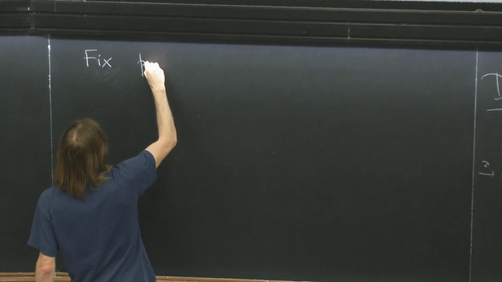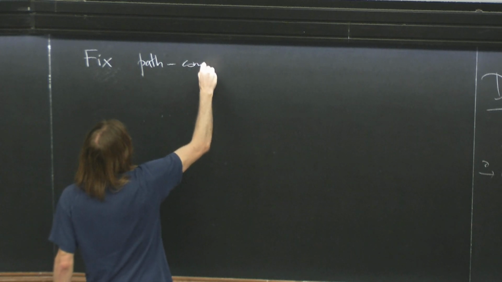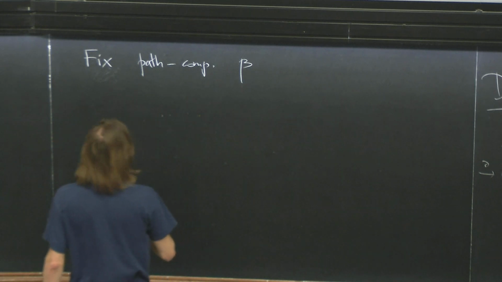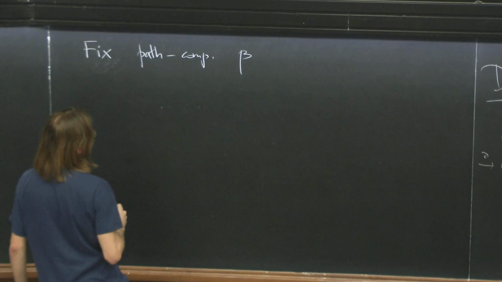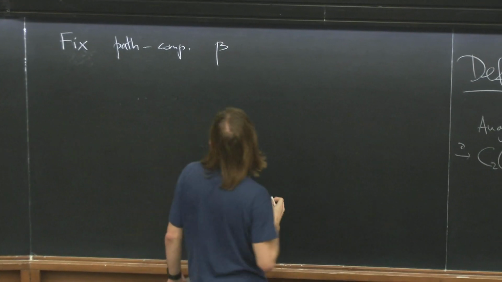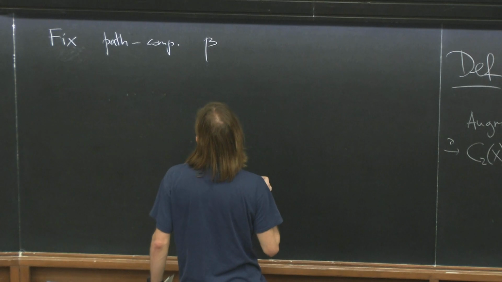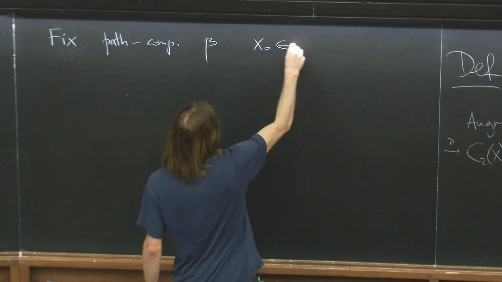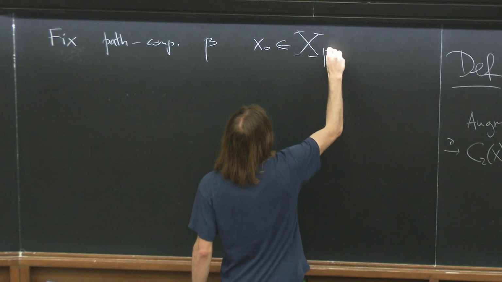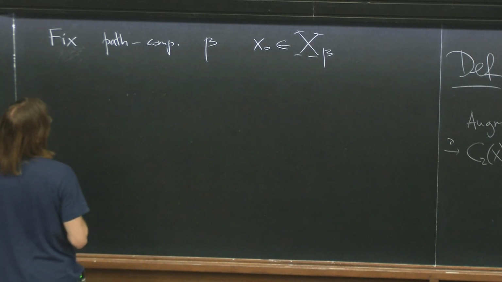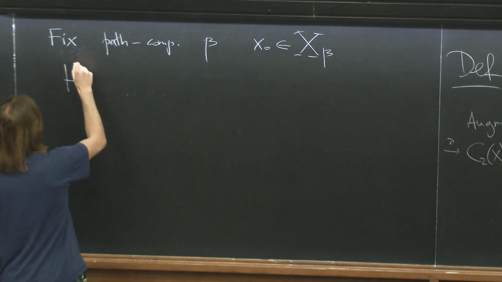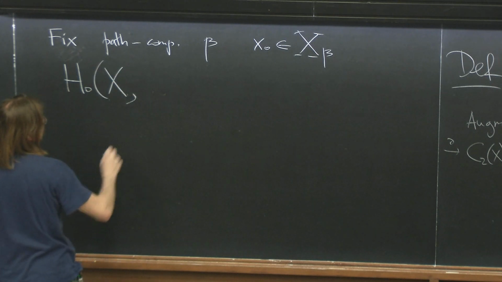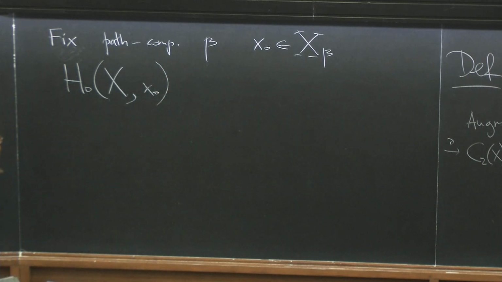Fix some particular path component which has index beta, and let's take x_0, some point in this path connected component. Then we want to construct an isomorphism between H_0 of X comma x_0, which is a relative homology group,